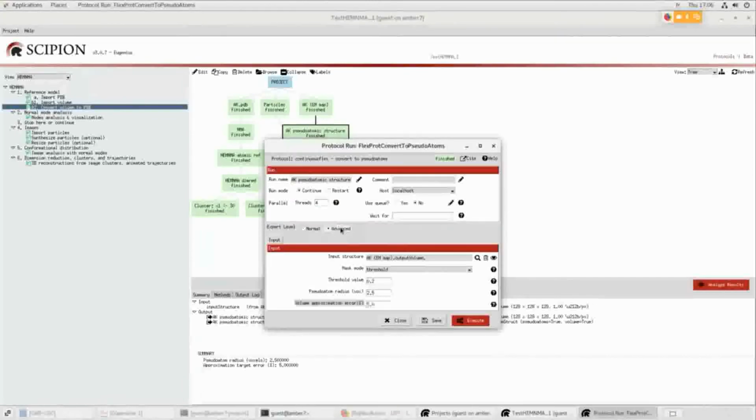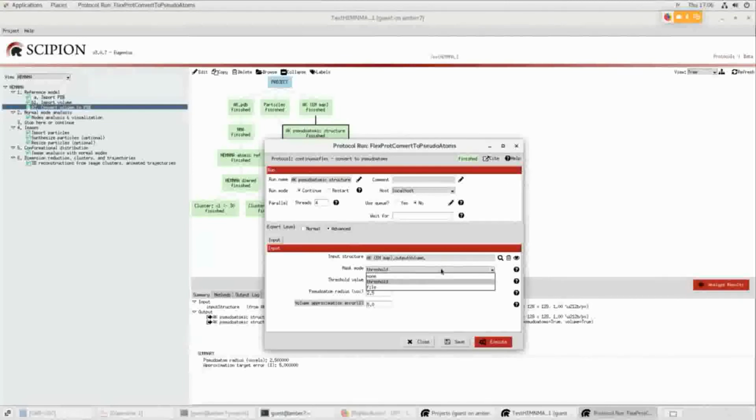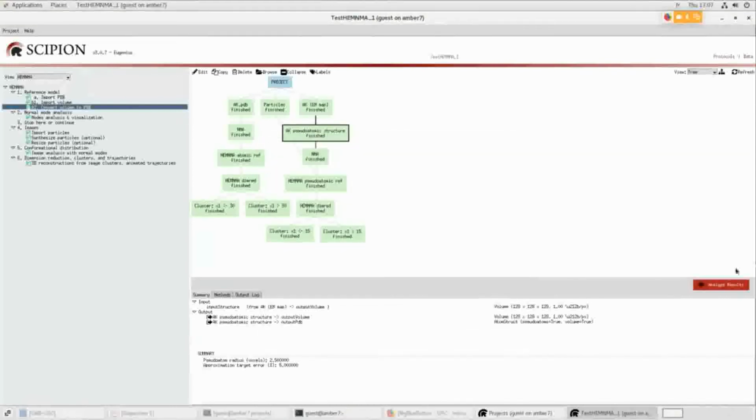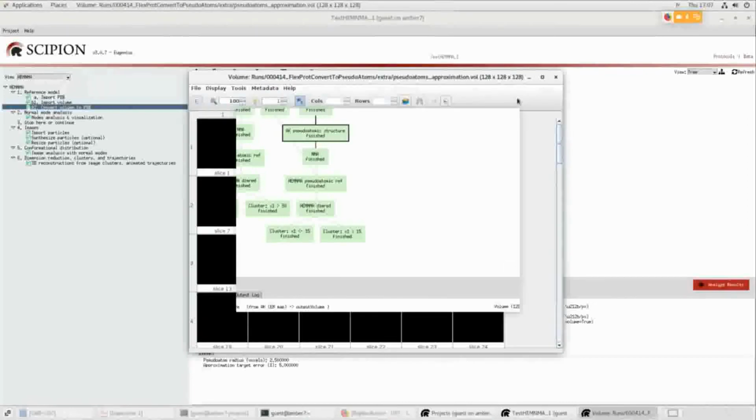So here, for example, you can see what we have used in this test. You can also use the mask. In this particular case, there was no need to use a mask because those were synthetic data, very clean. But sometimes when you have experimental volumes, you may want to mask the background, all this noise that is in the background. There are different possibilities to make this mask, and you can inspect actually this